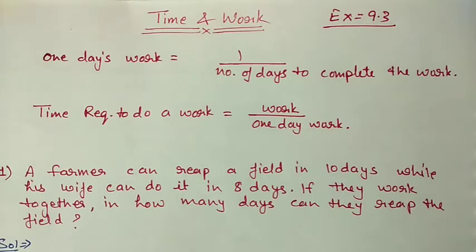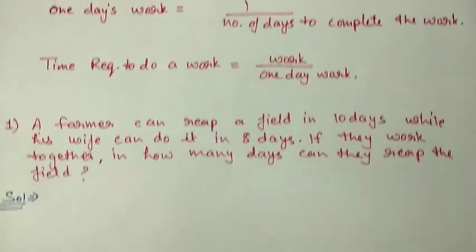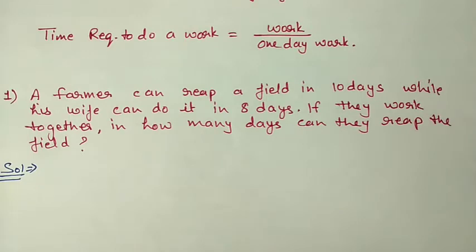So in this exercise you have to remember that one day work will be equal to 1 by number of days to complete the work, and another thing, time required to do a work will be equal to work by 1 day work. So first question from this exercise is, a farmer can reap a field in 10 days while